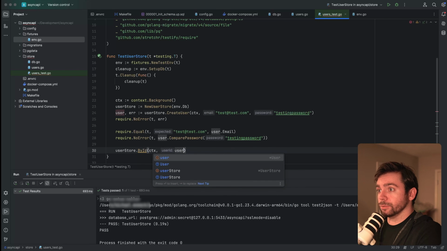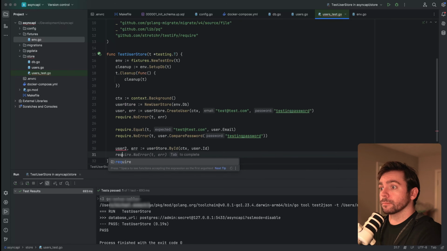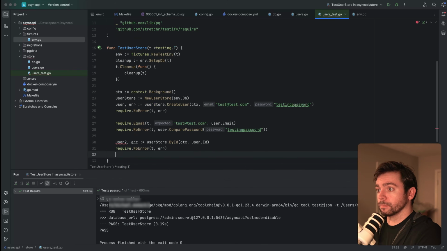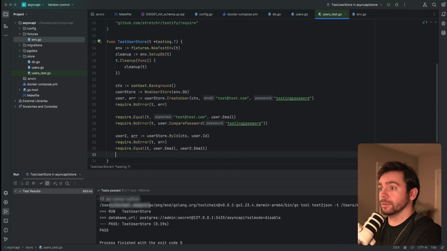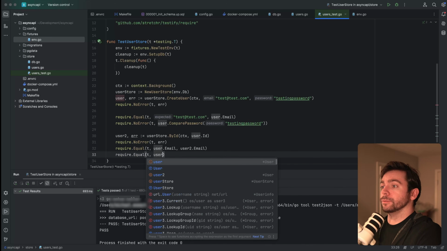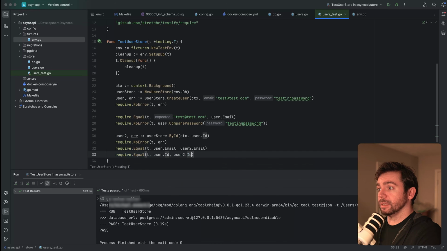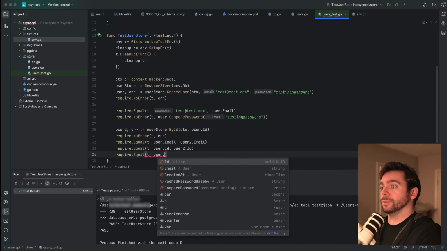This will be the user ID we just created. Require equal, let's say user1.email is equal to user2.email. Require.equal user1.id is equal to user2.id. Require.equal t user